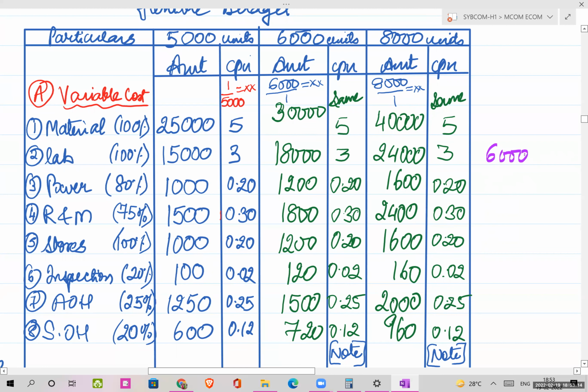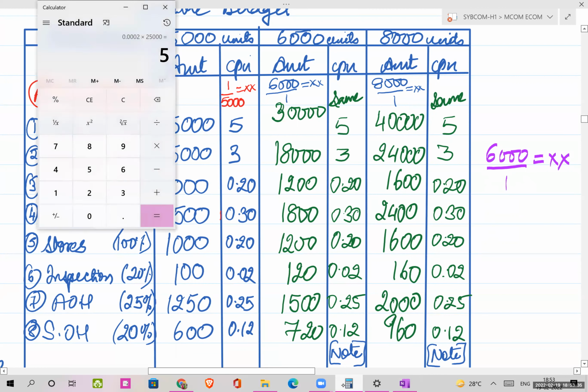Every time I'll multiply with obviously 6,000 units to get the amount column, correct? Now my numerator is fixed at 6,000, but my denominator will keep changing. So now I will reverse the formula. It will be 6,000 divided by 1, equal to sign and multiplication sign 2 times. So look here, 6,000 divided by 1, equal to